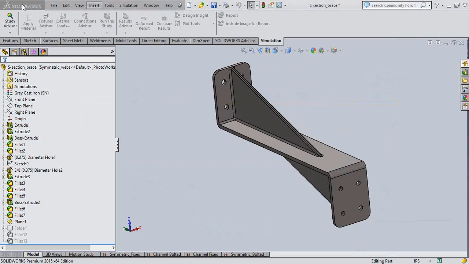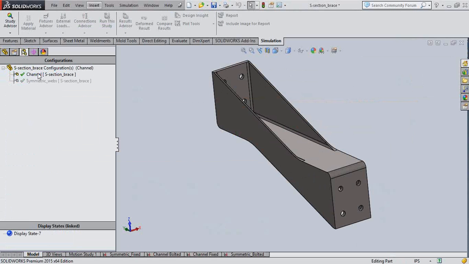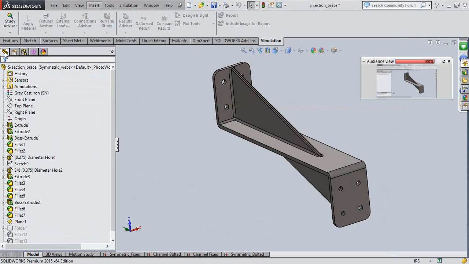So I've just made two configurations, which are in my configurations manager. You can see that I have two different designs, my symmetric configuration and my channel configuration. These two are the configurations which I'm going to work on right now. So since you have made your design tree right now here,